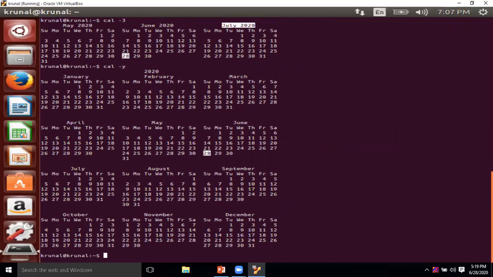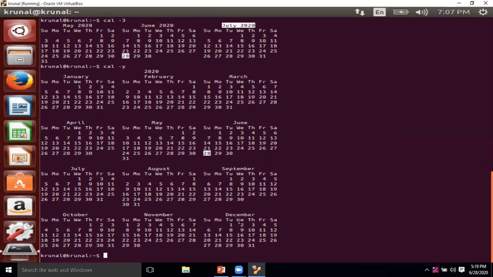It will reduce the screen resolution so that you can see all the months of 2020, starting from January, February, March, April, May, June, July, August, September, October, November, and December.